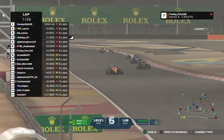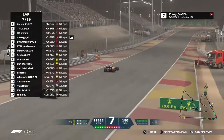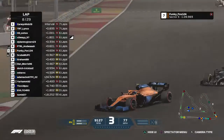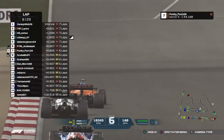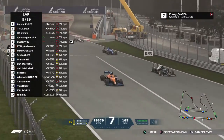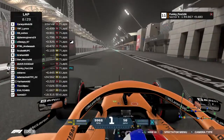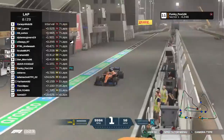Oh, Funky Fox. That's so unlucky. He spins out of the pack. On the way again. He's now joined the head of the group headed by Scuba. Hopefully his tyres are not too cooked. We saw people last week spinning, trying to get up to speed too quickly. He's going to bail out and pit. The soft tyre doesn't last very long around here anyway. I think he's decided to pit a little bit earlier. So maybe we commit to a two-stopper because these...